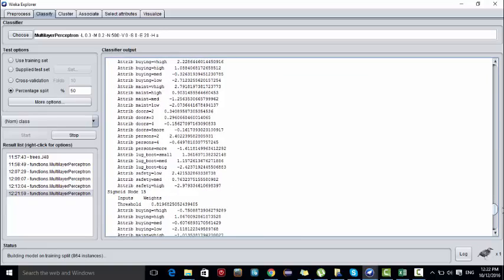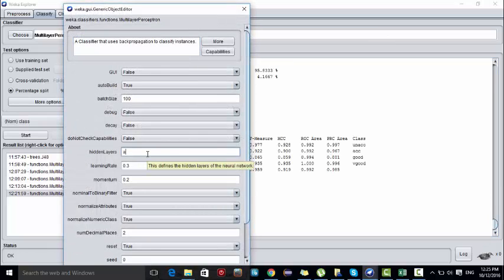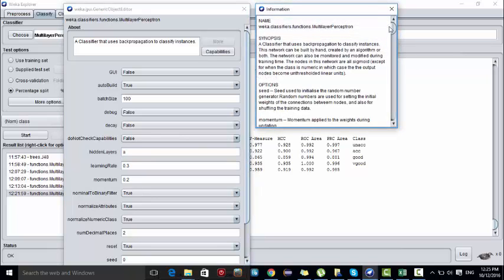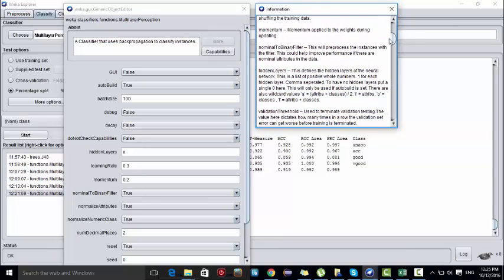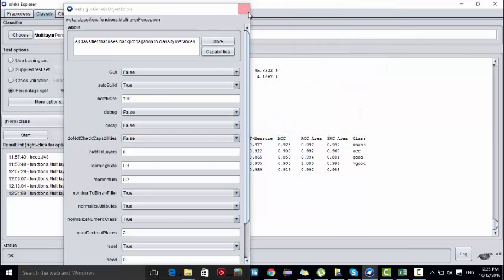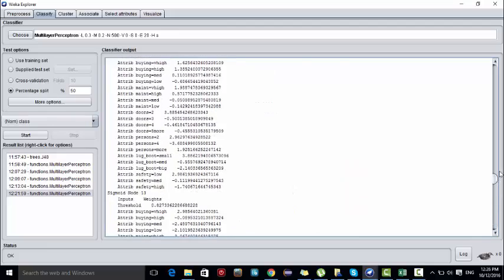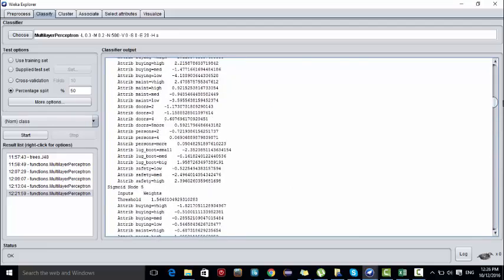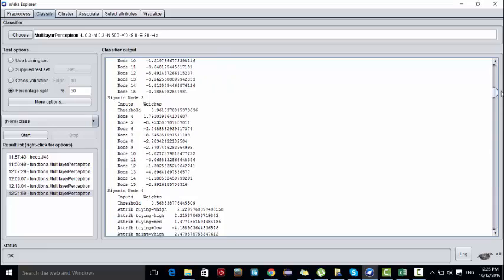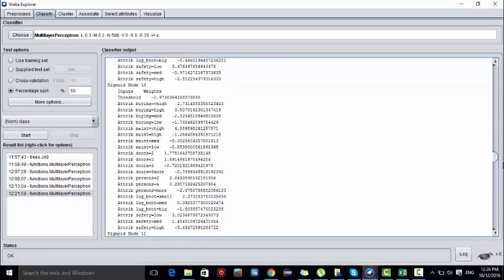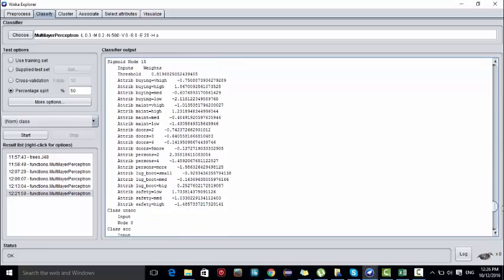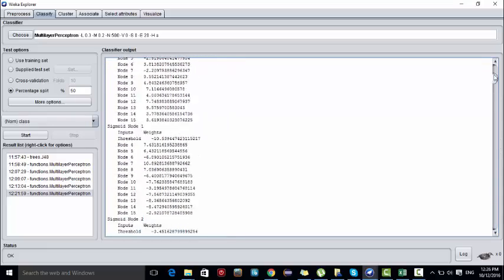You can see here I have given the value for the hidden layers as a, which means that the number of hidden layers would be the number of variables plus number of classes divided by 2. Here I have 7 attributes and 4 classes. So here we can see the hidden layers, and all the sigmoid nodes from 4 to 15 have been connected to the input, and the rest are connected to the output.